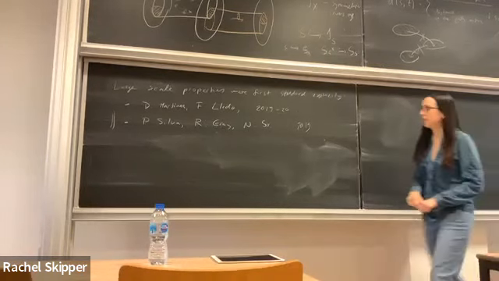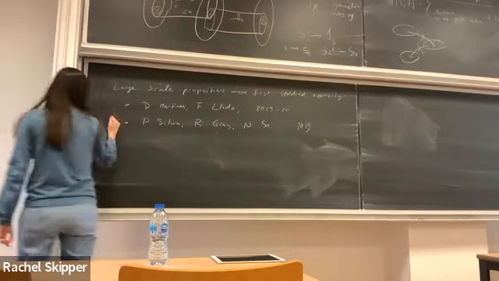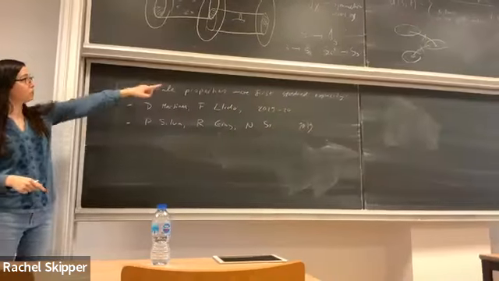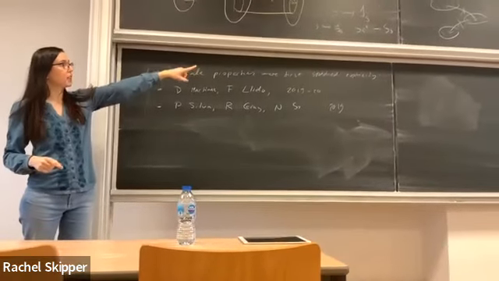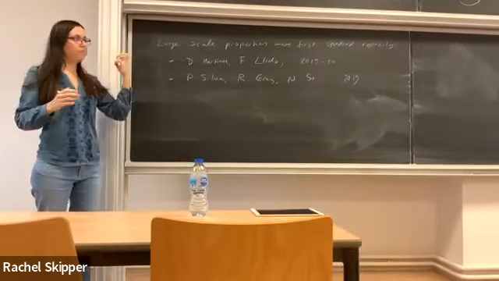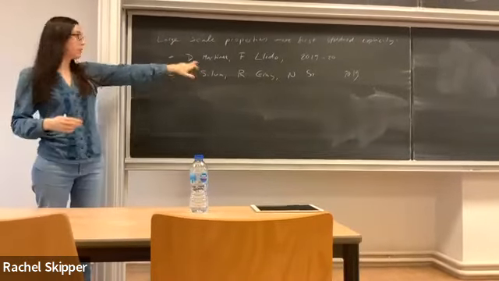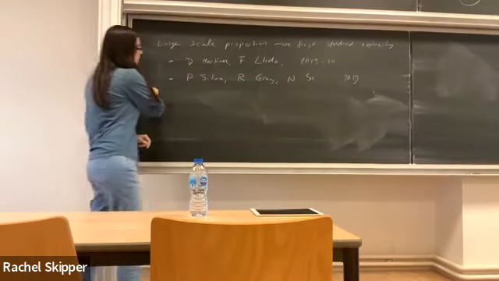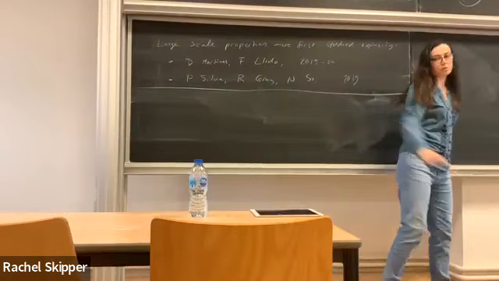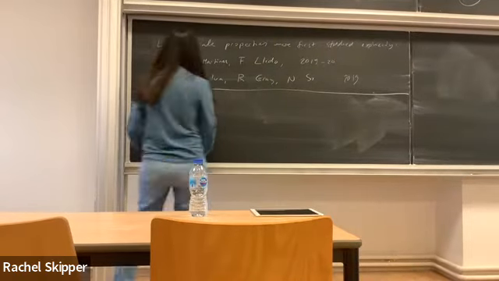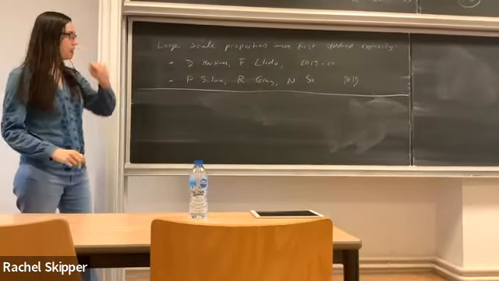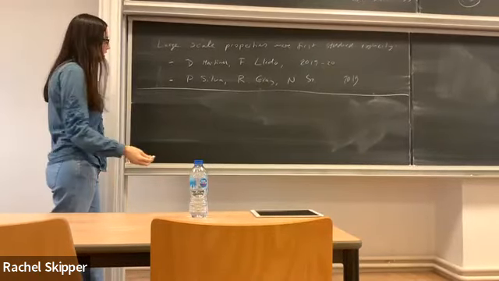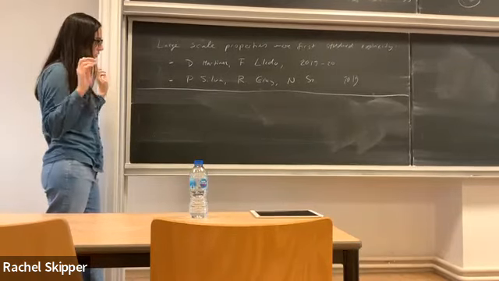They came from a C-star algebraic background, and in inverse semigroups, algorithmic questions had been studied even though they weren't explicitly studied through the metric. It was a very natural next step. But from a C-star algebraic point of view, I think it was much more difficult to stumble across this metric. So what they were trying to do, and this is also the motivation of the work that I'm going to be talking about during this talk, is that they were motivated by a class of C-star algebras called uniform Roe